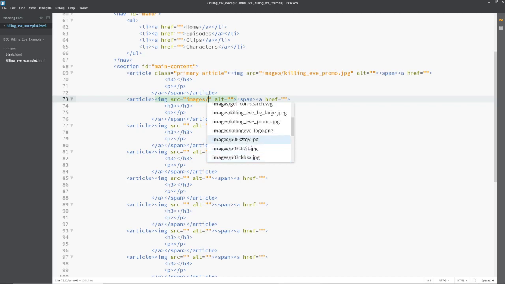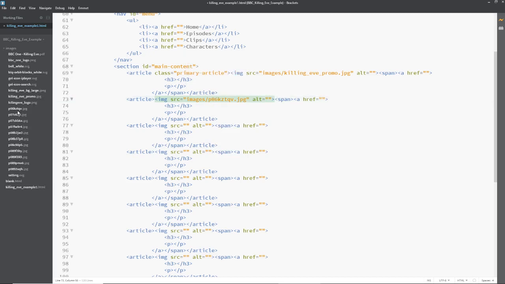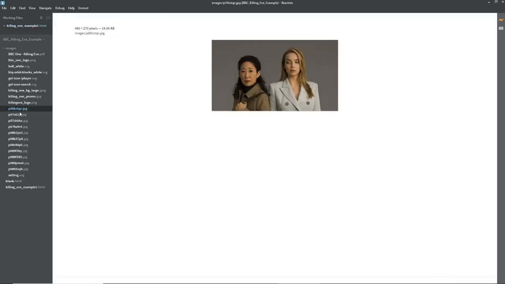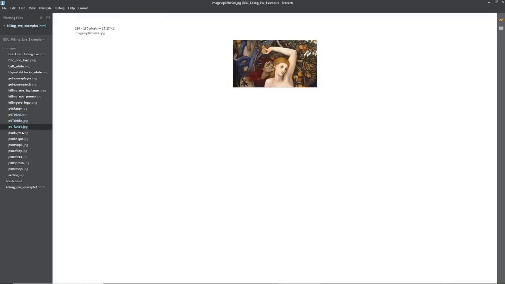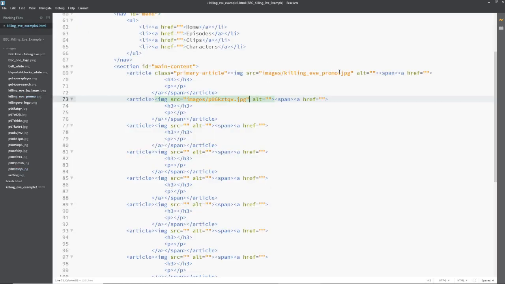See, I think it's one of these ones. If we go into the images folder, we can actually hover over them and figure out which one it is. Huh. Okay, KillingEve promo is what it's going to be then. Let's copy and paste this then instead. And that's going on to the